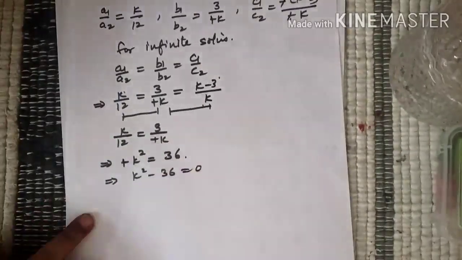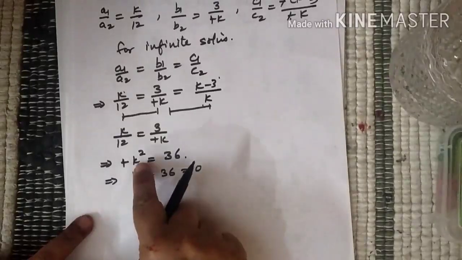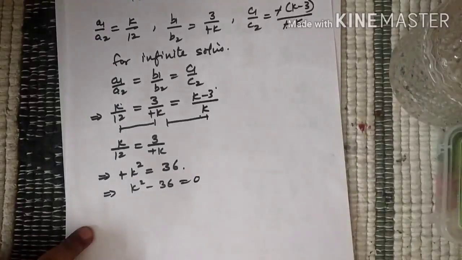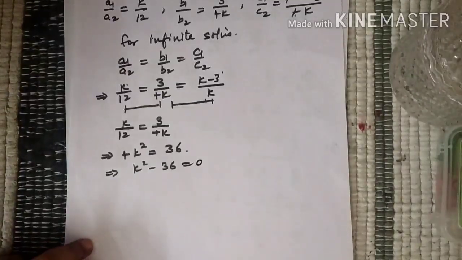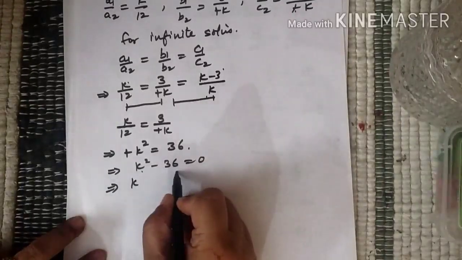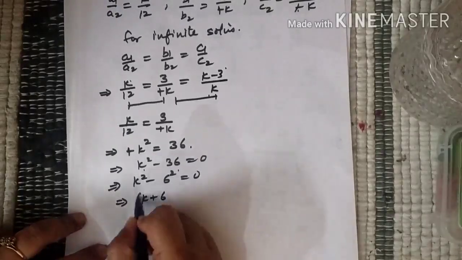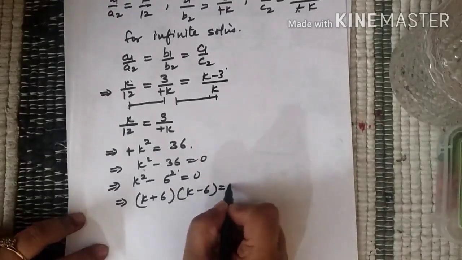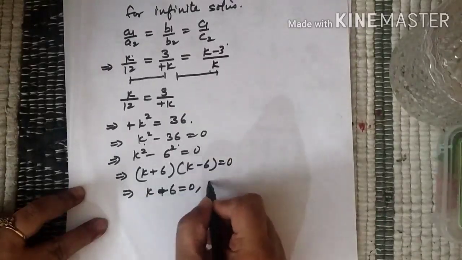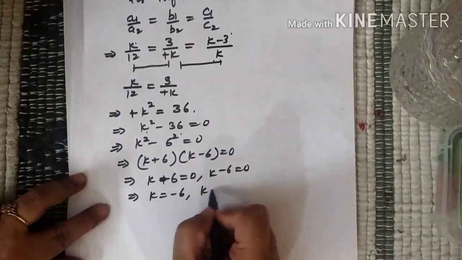The degree here is 2. So never ever directly simplify. What do you do? k square is 36, k is 6. So you lose one zero. Actually, the right approach is to factorize. So this is k square minus 36. Can I write this as k plus 6 and k minus 6 is 0? So either k plus 6 is 0 or k minus 6 is 0. So I get either k as minus 6 or k as 6.